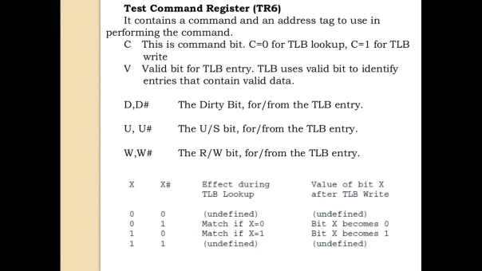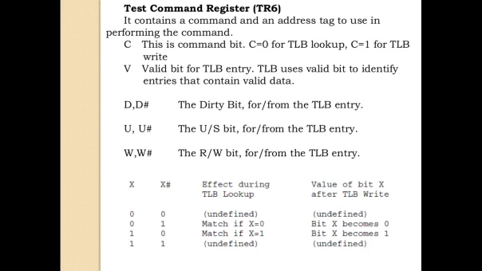Now it may be lookup. Lookup is to check whether the required data is present in the TLB, the translation look aside buffer, or not. If it is not, then it will be fetched from the memory. If data is present in memory, then it needs some additional read cycle. But if data is present in TLB, then we fetch it from the TLB only. So the time to fetch the data is less. TLB is another type of cache memory.